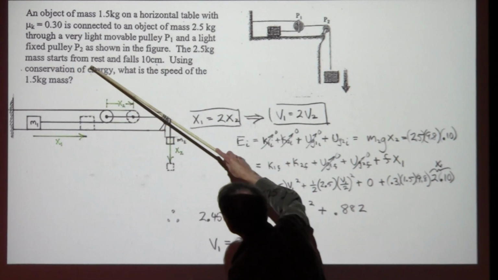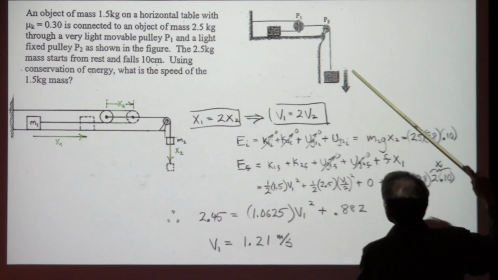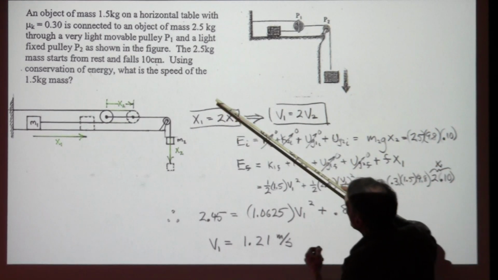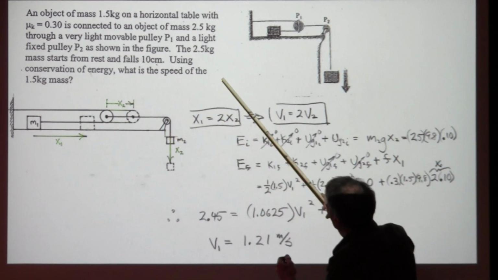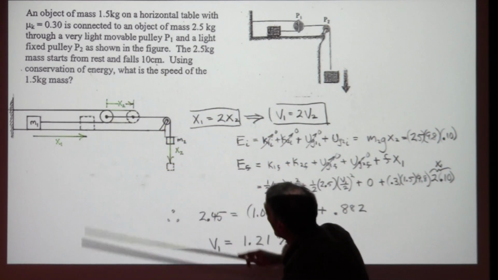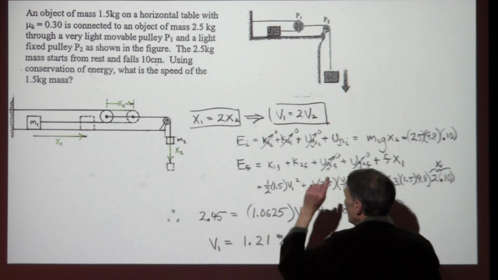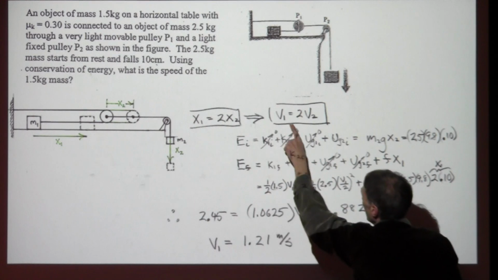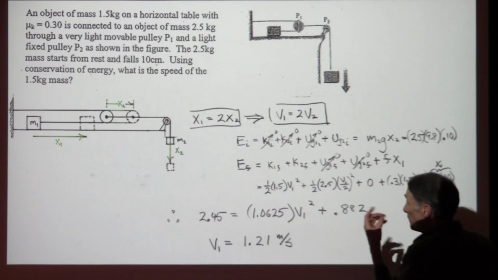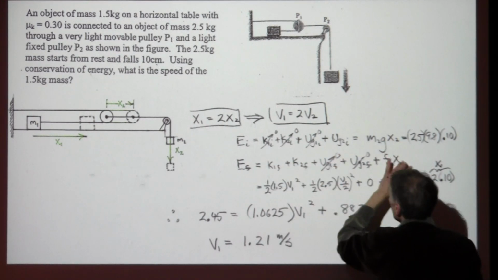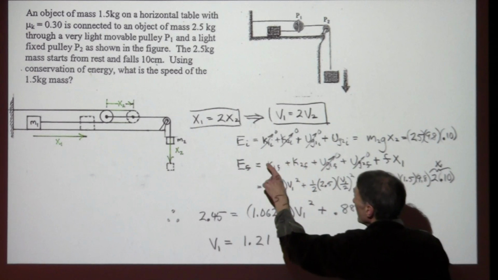This mass is going to start from rest, and it's going to fall 10 centimeters here. Then, using conservation of energy, what is the speed of the 1.5 kilogram mass? So they're really asking for V1. Okay, so from energy, after we get that part out of the way, we can say the